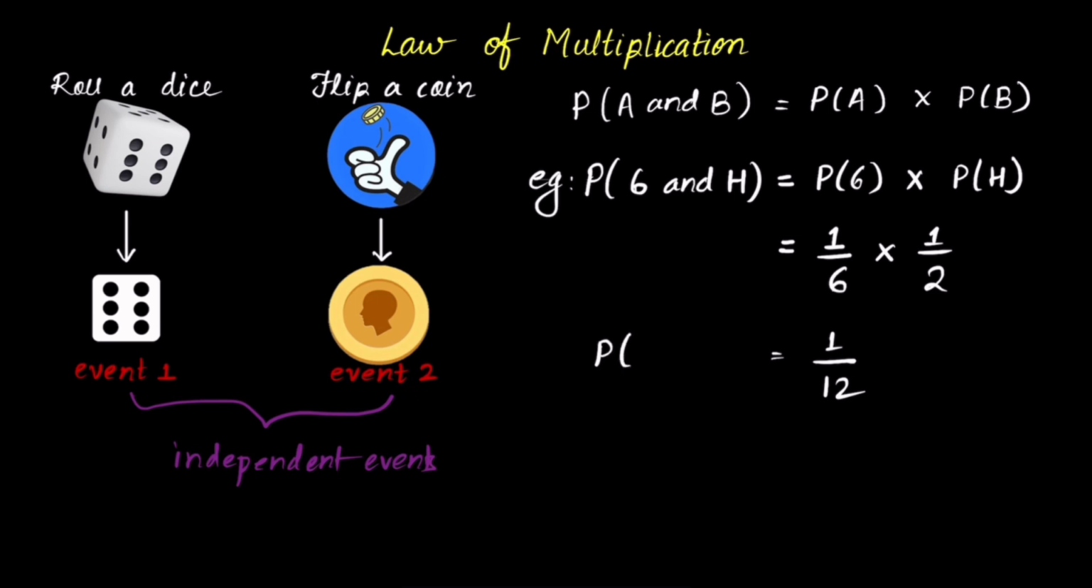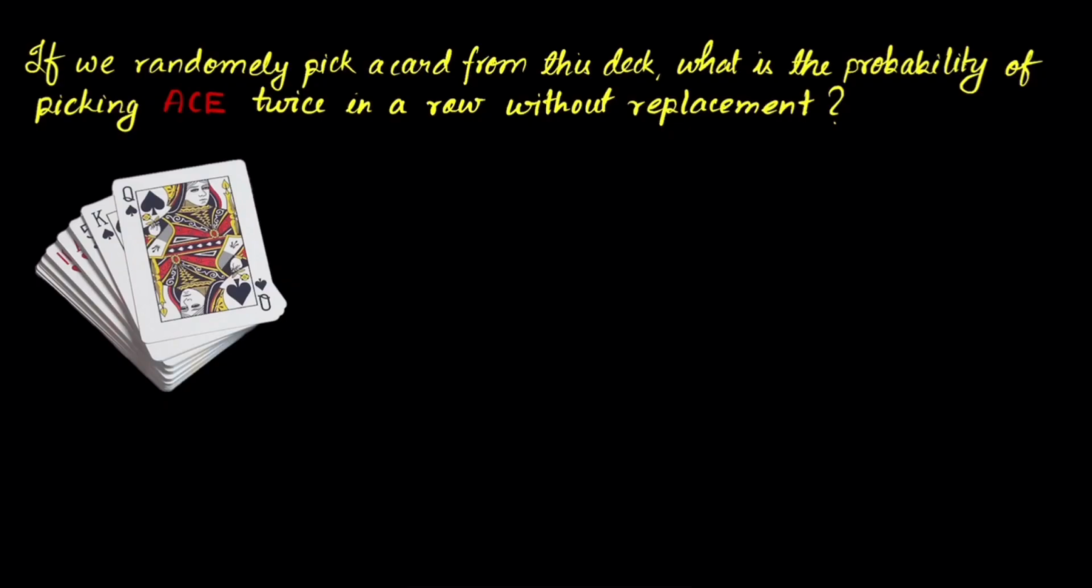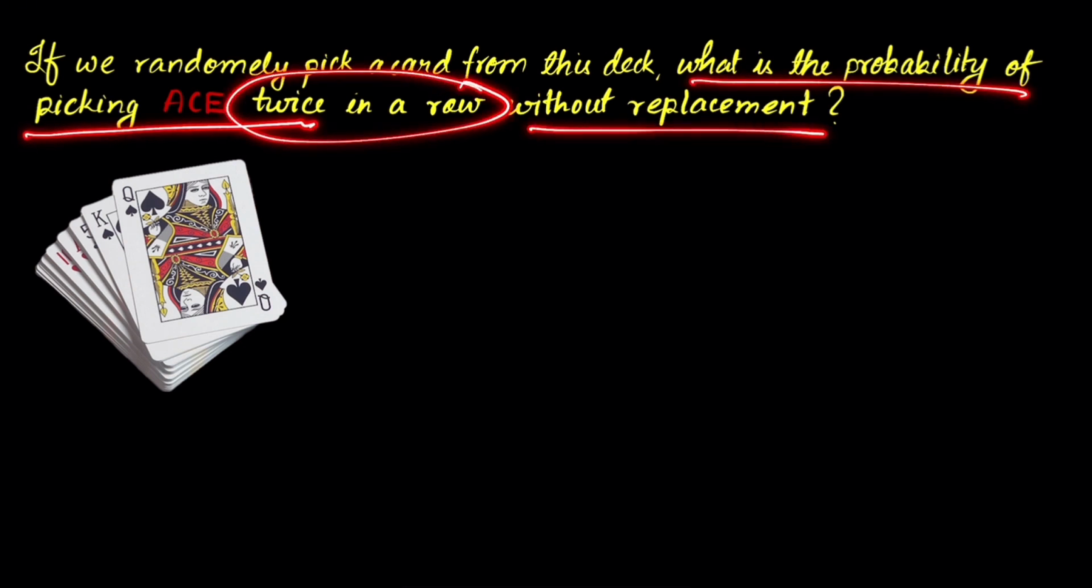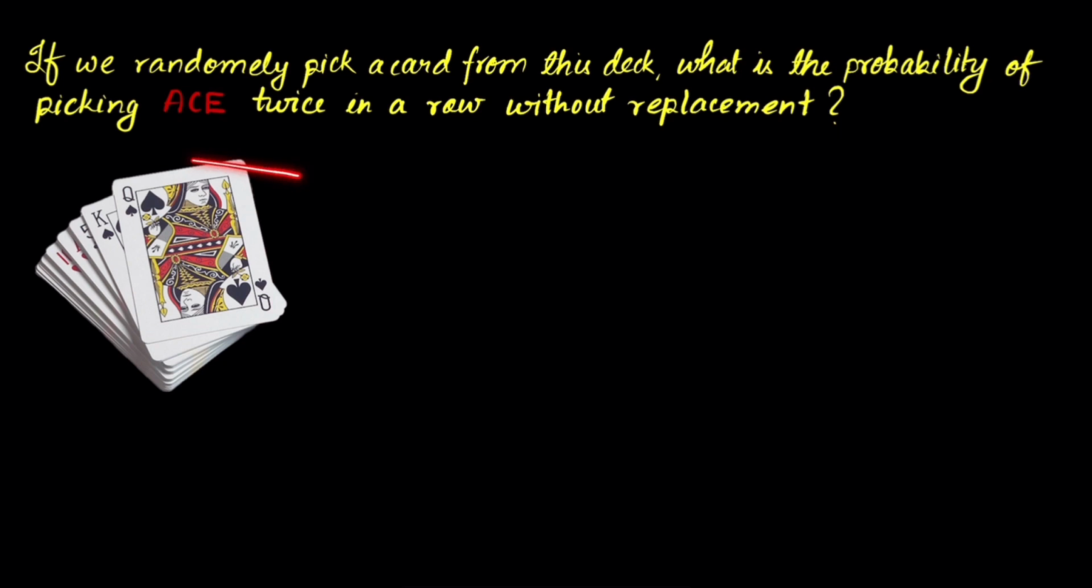So this is the probability of getting 6 after rolling a dice and heads after flipping a coin at the same time. So we have a question right here. If we randomly pick a card from this deck right here, what is the probability of picking ace twice in a row without replacement? So you have a deck of cards and you are going to pick two cards in